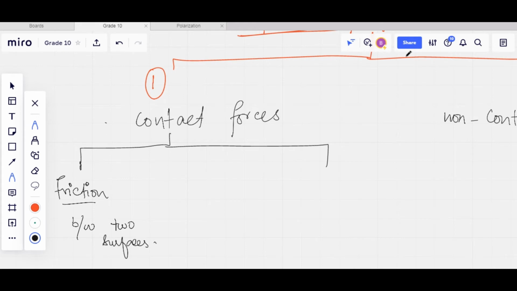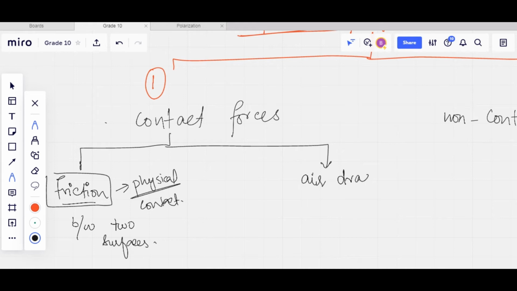But if the surfaces are considered to be rough, the friction appears to be much more. But why is friction there? Friction is there because of physical contact of two objects. Physical contact of those objects. That is friction. The other contact force which you might have heard of is known as